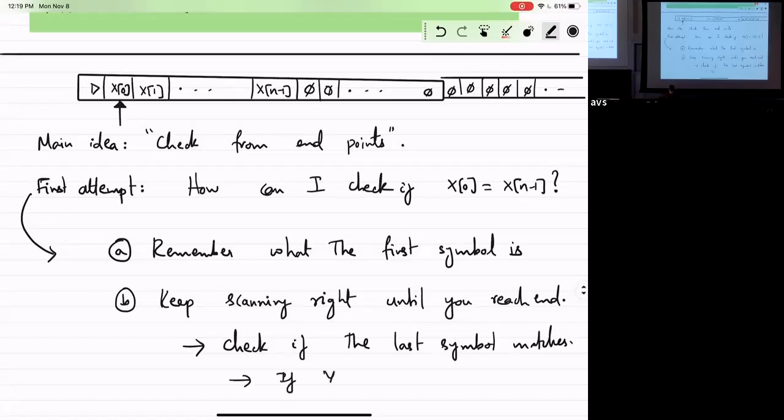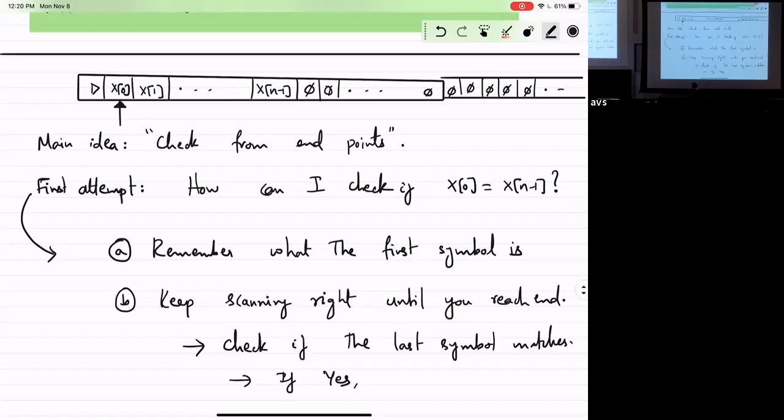Now, if there's a match, what should you do? Somehow you did this first thing where I read the first symbol, I remembered it, I went to the end. We have to specify how to do that in more detail, but it at least makes sense that a machine that operates locally can do it. You reach the end, I check if it's the same. If they're both the same, what should I do next?